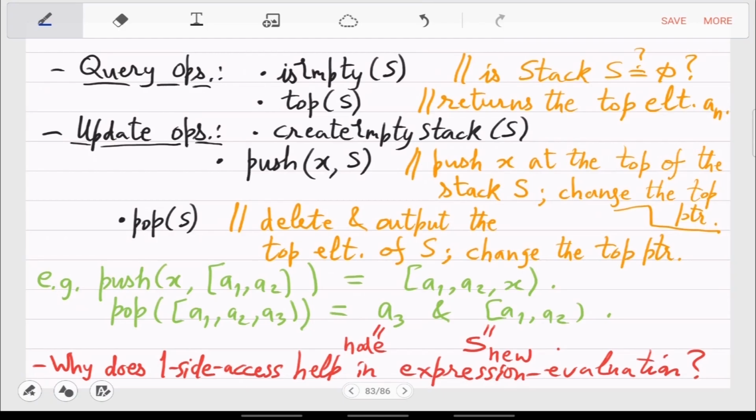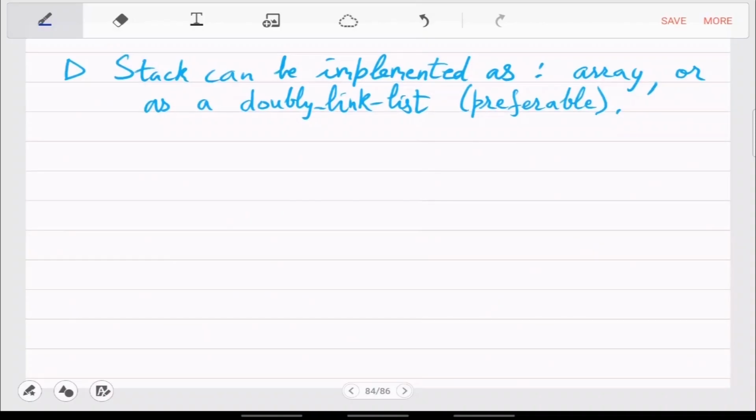No. The top is the head of the linked list. One pop just removes one node. That's all. How will you remember the previous pointer? No, there must be some misunderstanding.